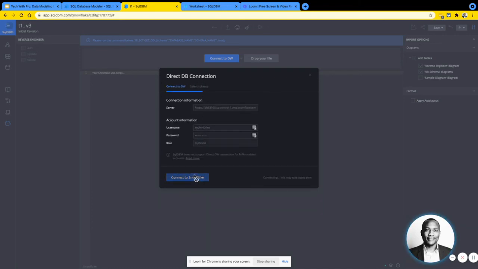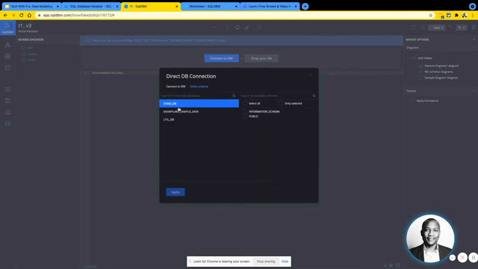Bear with me. Let's just go back in here for a second. I can select my database that I want to reverse engineer. I can go in, select the specific schema. If I want to just bring in a specific schema, I can bring that in, or I can bring this for DemoDB as well. Let's bring it just for one,